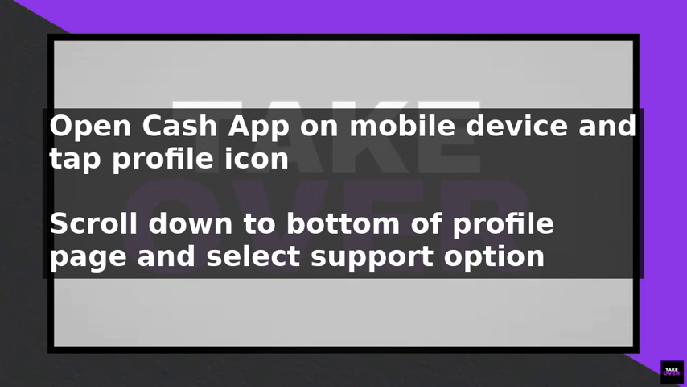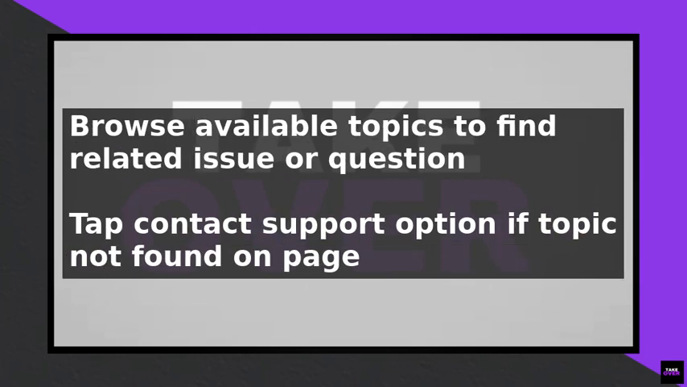This will open a new page with various support topics. Browse through the available topics to see if any of them relate to your issue. Cash App has a comprehensive list of topics that cover common issues and questions. If you cannot find a topic that relates to your issue, tap on the Contact Support option at the bottom